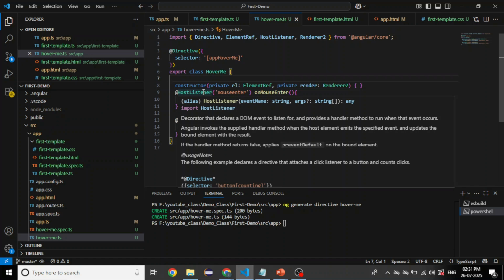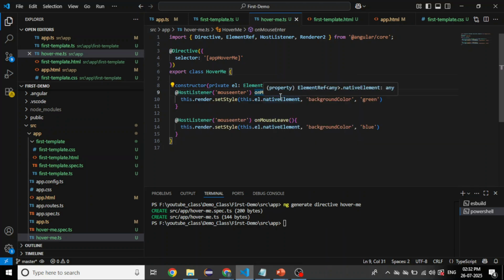And HostListener is the event listener, which we will use for mouse over, mouse out, and so on. First, mouse enter. So this is the syntax, so please take careful note of this. This is the syntax: at the rate of HostListener, mouseenter, and the mouse enter method name,